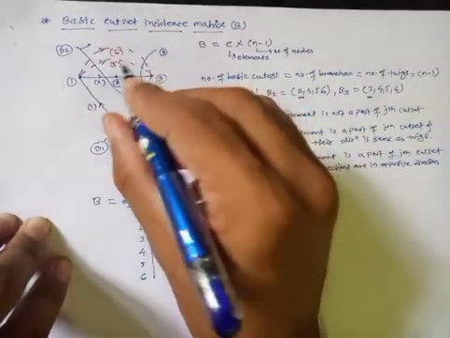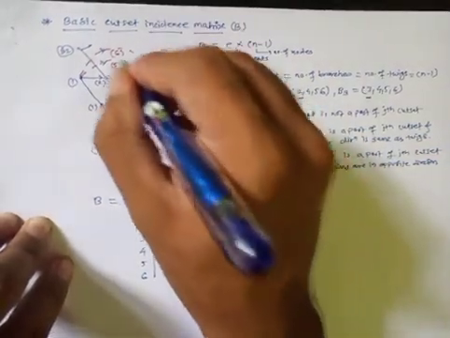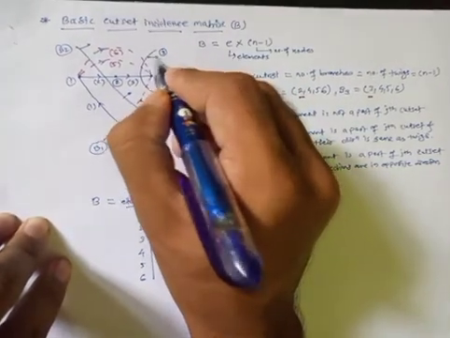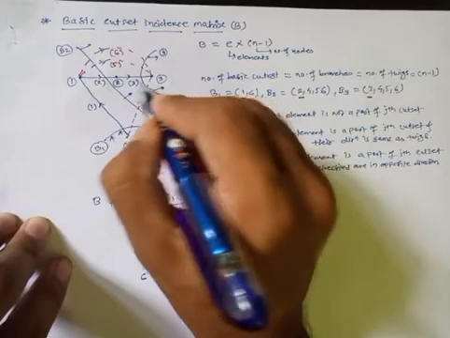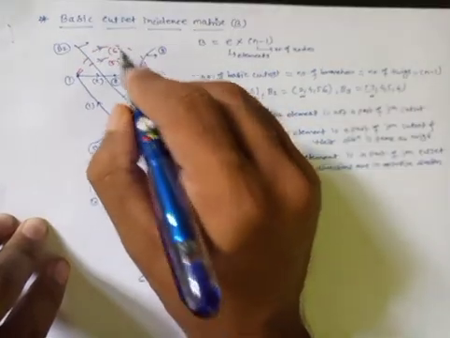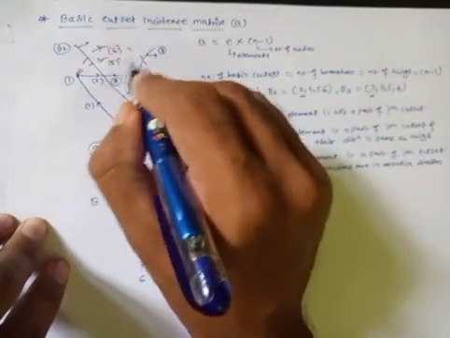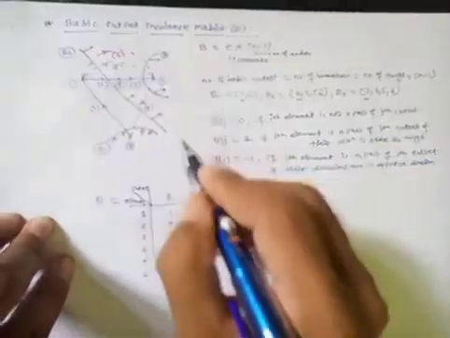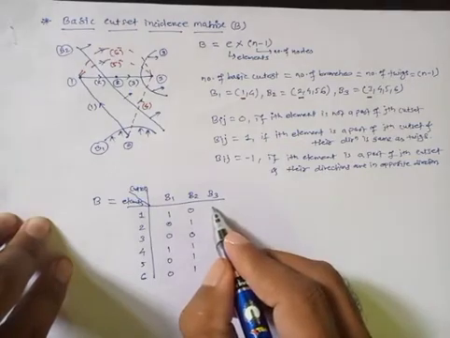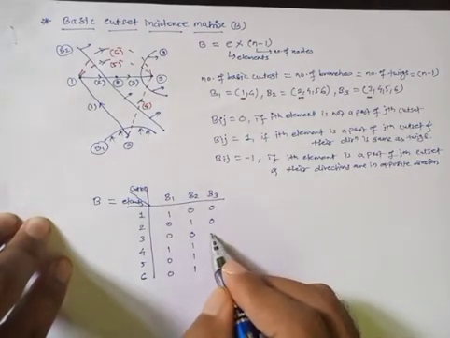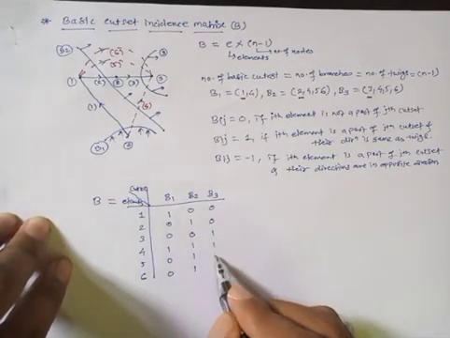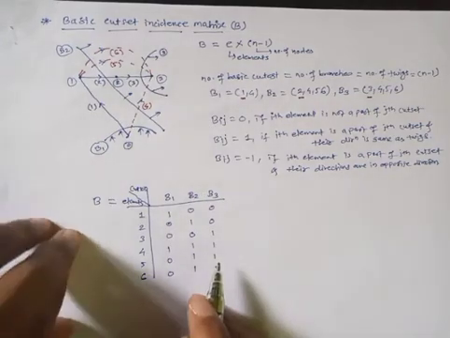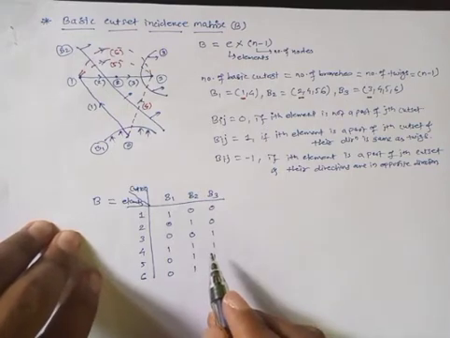Again in basic cut set number 3, elements 3, 4, 5, 6 are included. Again the direction will be like this, that is the direction of this twig. Also the directions of the remaining elements, that is 4, 5, 6, are in the same direction, so it will become plus only. So here 0, 0, element number 3 is there, 4 is there, 5, 6. This is your basic cut set incidence matrix B.